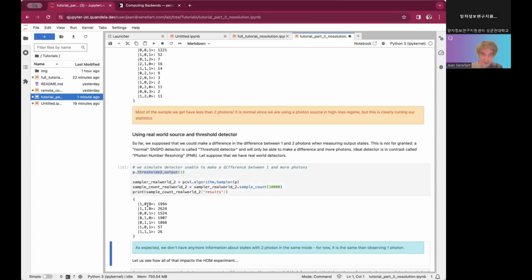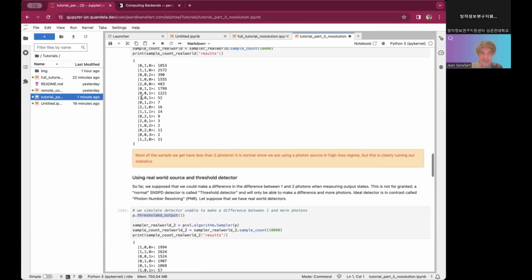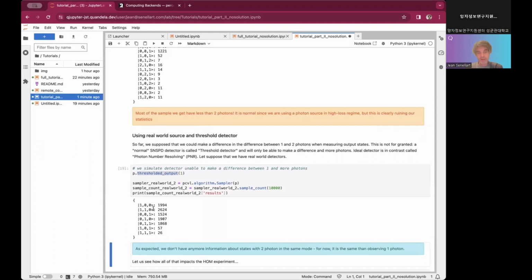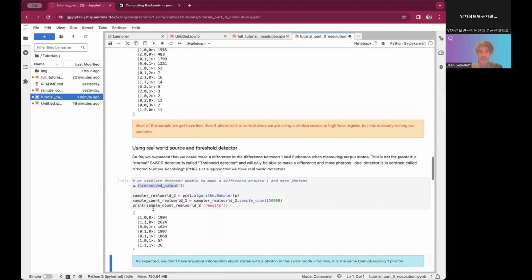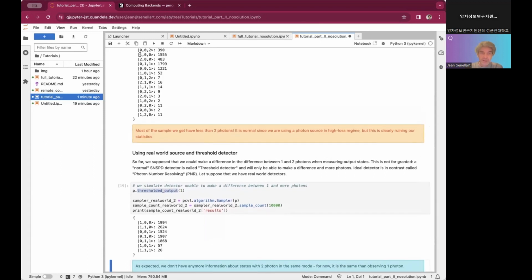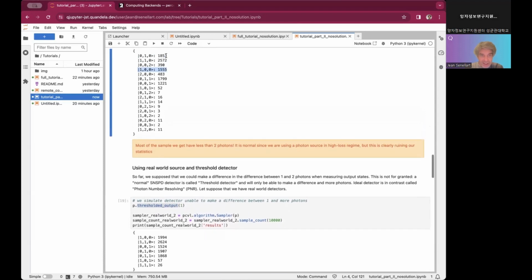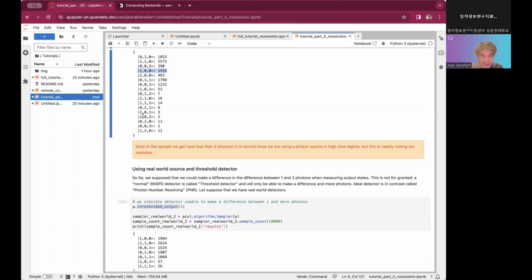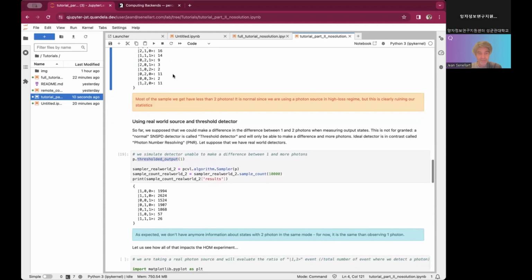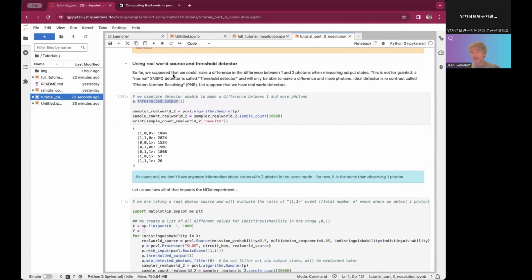What do we see here? Okay, so we have fewer states than here. It's normal because it doesn't make the difference between 1 photon and 2 photons anymore. So basically, this state here will be adding up with the state 2, 0, 0 that you have somewhere. Or maybe you don't have this one because it's too rare. But yes, these 2, 1 are the same, actually, because we cannot make the difference.